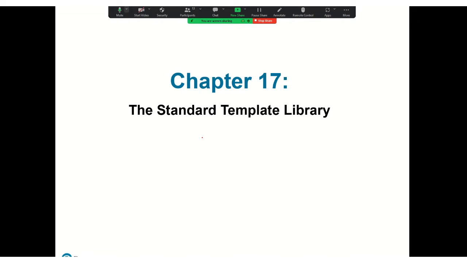Okay, so here we are. Chapter 17 is our standard template library. We were talking about this, and these are libraries that are shipped with your C++, I mean the C++ distribution. So you see here that there are a lot of utilities